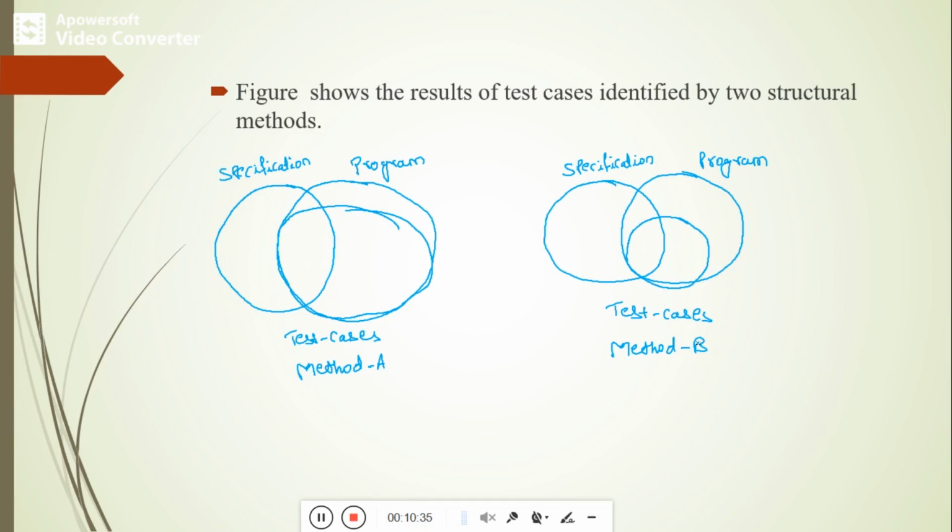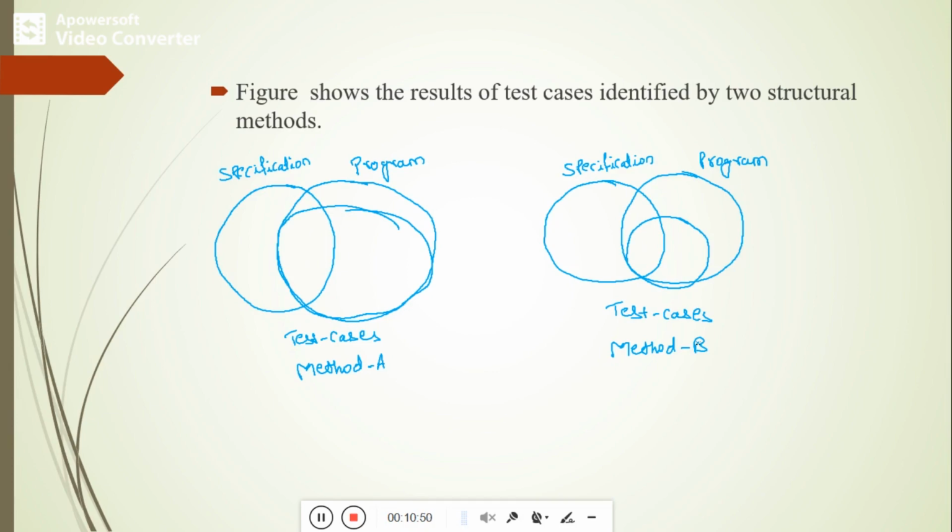The basic difference is that there we were writing the test cases for the specification behavior, and here we are writing the test cases for the program behavior. That is the major difference between the previous Venn diagram and this Venn diagram.